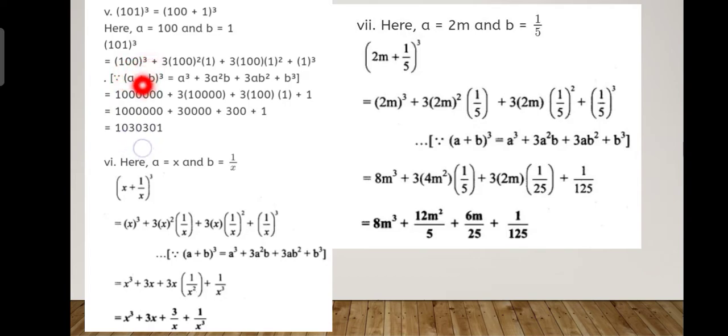So 100 cube is cube है तो 2 2 2 तो 2 plus 2 6, 6 times 0 आएगा plus 3 into 100 का square that is 4 times 0 plus 3 into 100 is 300, 1 का square is 1 and 1 का cube is also 1. So we have this one as it is, 3 into this is 30,000 plus 3 into 100 is 300 plus 1. Now we're going to add up all the four terms, then we'll get 1030301.